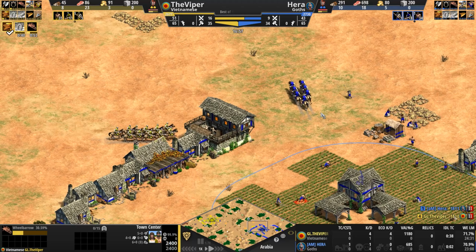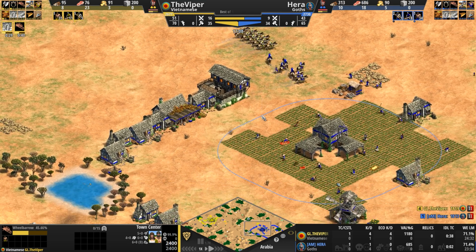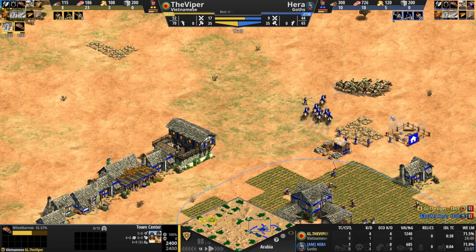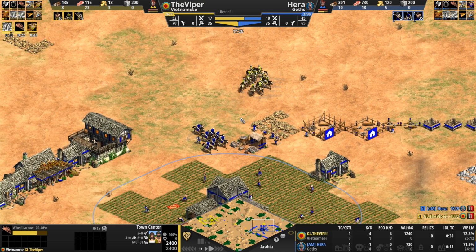Designed to kill other archers while taking little archer damage itself. Not too sure we're going to see archer play out of our Goth, but as always, the Goths have one big weakness. Although I shouldn't say one big weakness. Anyway, for dramatic effect, we're going to take some,